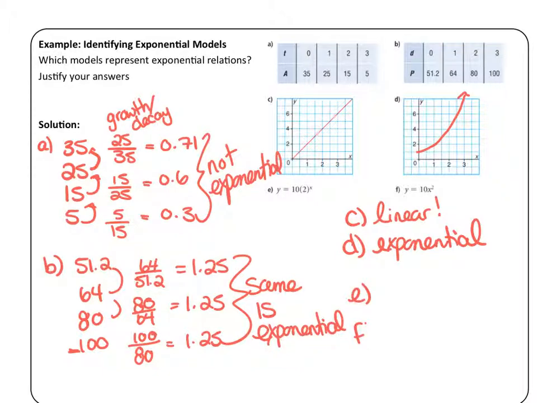E and F, we've got equations. So notice on E, it's y equals 10 times 2 to the x. That's A, B with an exponent of x. Looks just like what I said on the previous page. So it's exponential. Exponential. And then the last one,